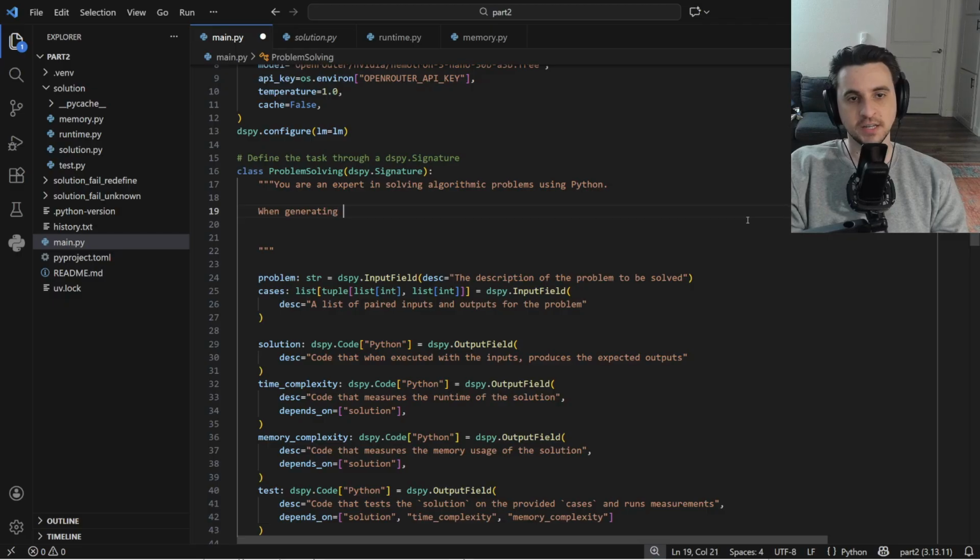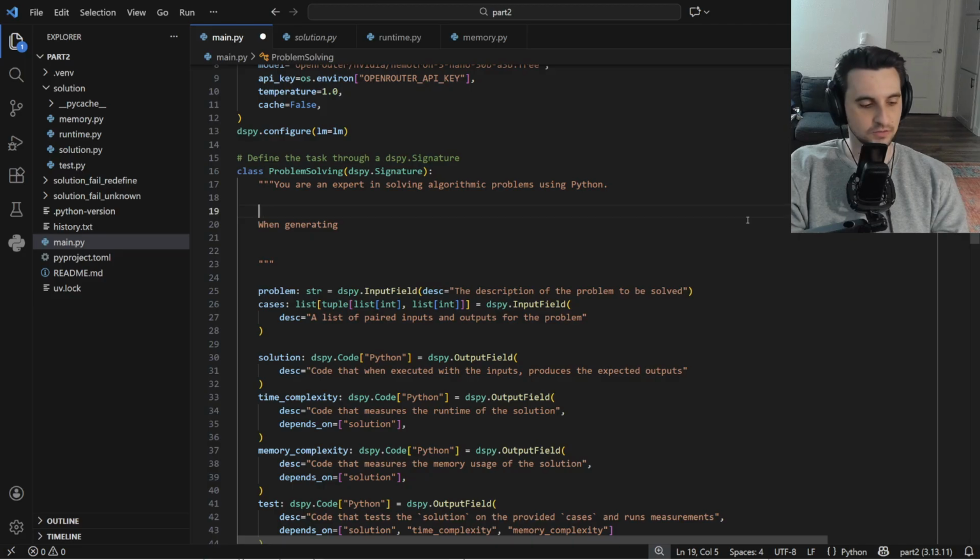When generating a reuse, or let's say, let's assume B depends on A. So then we'd like,